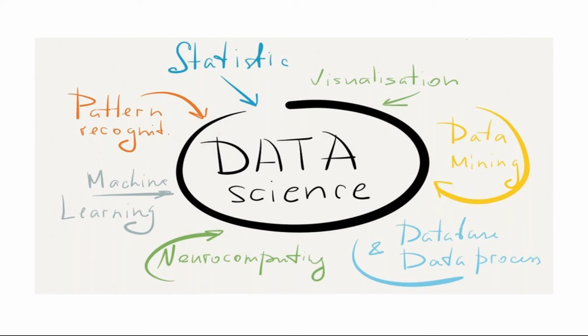Okay, so let us move ahead and see the difference between this one. So this is data science. I'm clearing that out word by word because data science has been a buzzword before the word AI was a buzzword. So what is data science? Data science is nothing but a mixture of all the technologies like statistics, visualization, machine learning, pattern recognition, and neurocomputing all together fed into one single domain.